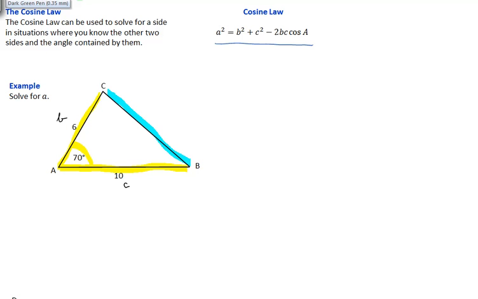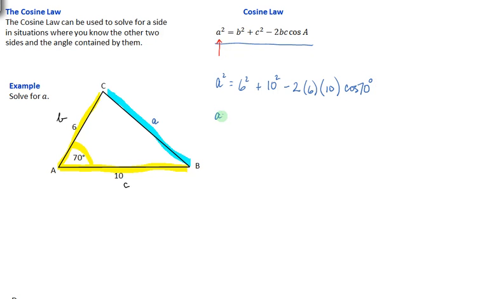We're fortunate in this diagram that little a is the unknown, and in the version of the cosine law that we're using, it's little a that's on the left-hand side, isolated. So we can just go ahead and substitute the numbers into this equation. So we will have a squared equals b squared, which is 6 squared, plus c squared, which is 10 squared, subtract 2, multiplied by b, multiplied by c, multiplied by the cosine of angle A,